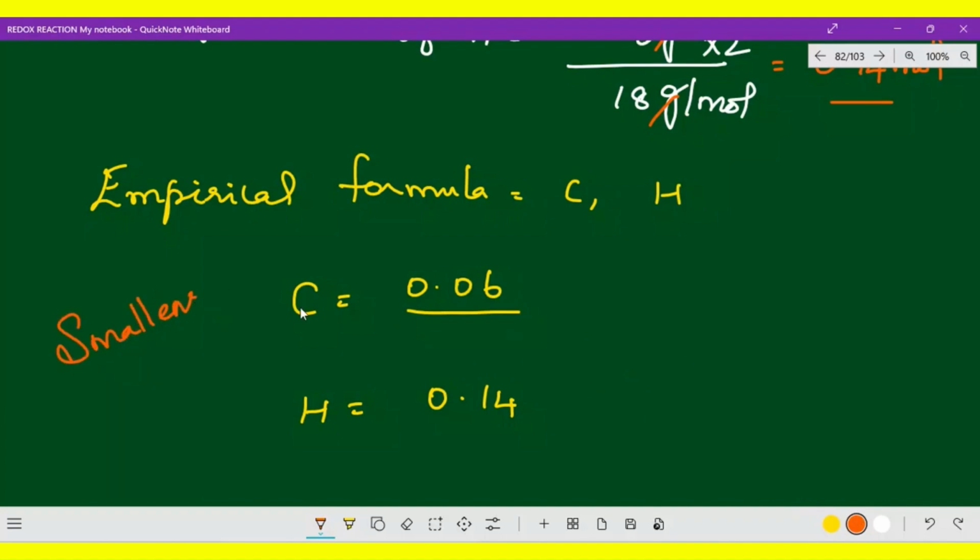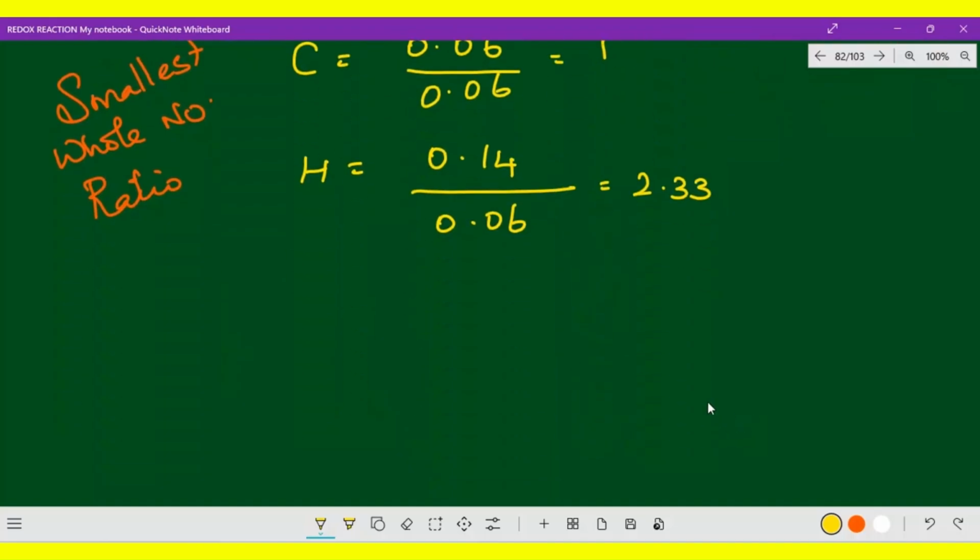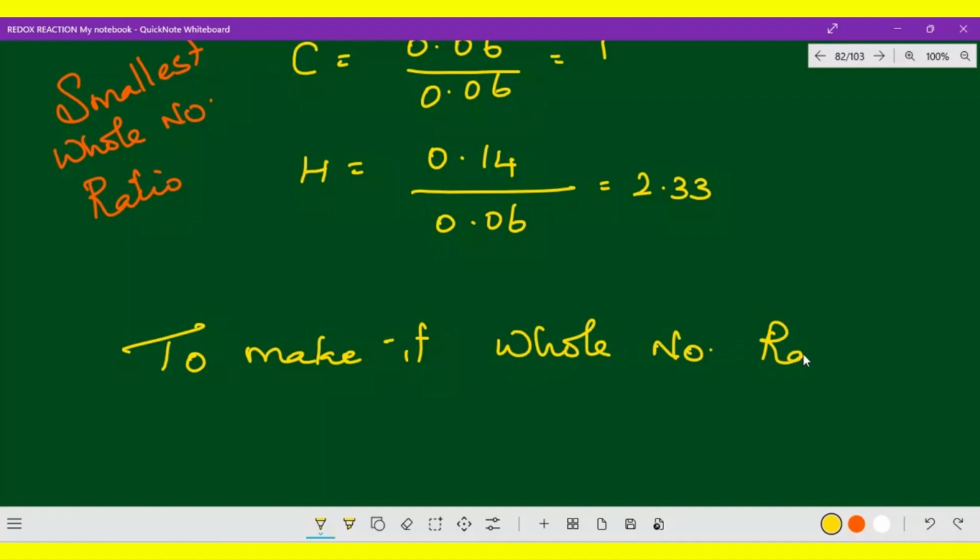Dividing by 0.06 for both, when you calculate, you will get 1 for carbon and 2.33 for hydrogen. This is a decimal, so we need a whole number ratio. To make it a whole number ratio,